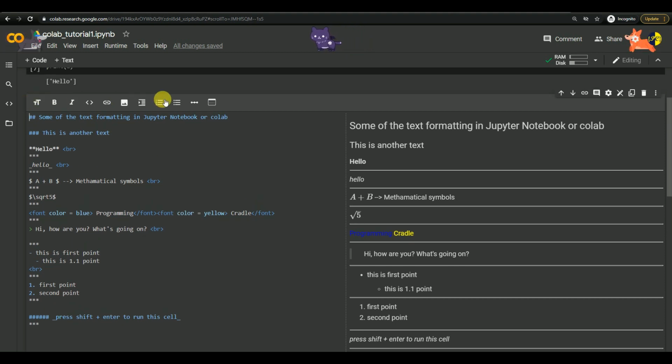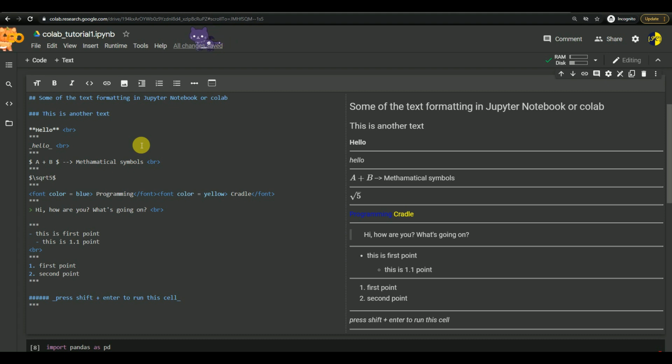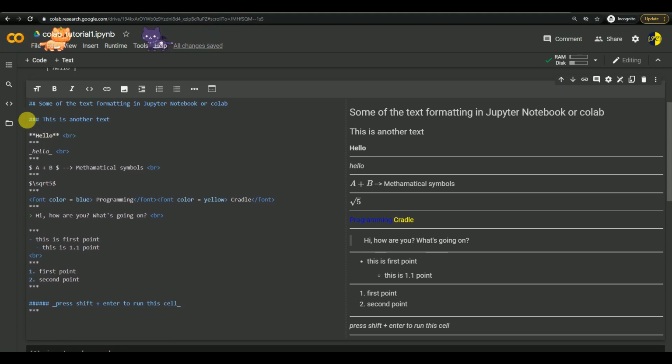You can always use these tabs on the top, but if you are someone who wants to use special symbols, you can use these as well. If you want to give a heading, you can use hash. If you increase the number of hashes, your text will get smaller. The first line has 2 hashes, and the text is a little bigger than the second line which has 3 hashes. So you can give a heading by specifying hash in front of the statement.